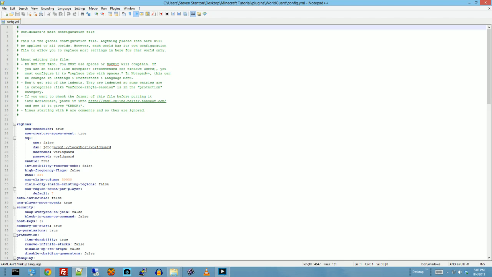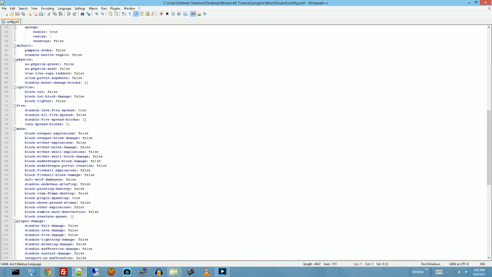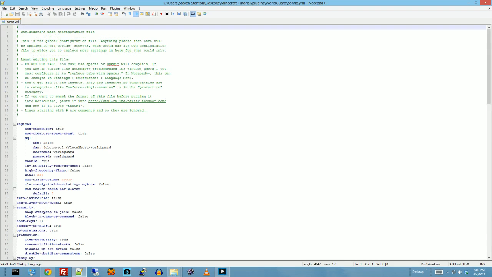And here's our World Guard setup. This is the global configuration file. So as it states right here, anything placed in here will apply to all worlds. However, each world has its own configuration file, which allows you to replace most settings in here for world-only settings. So basically, this is the default, and then if you have particular worlds you want to set individual things for, you can set them